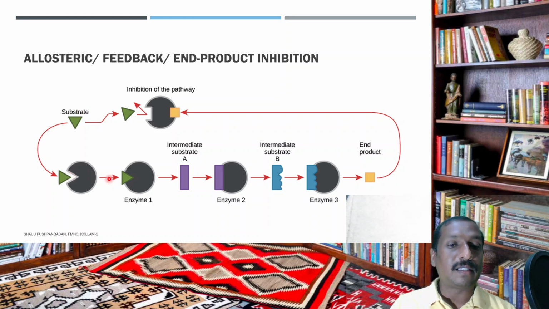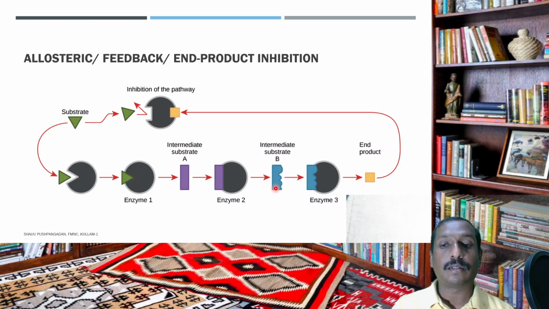Okay, so the enzyme-substrate complex will be forming. Enzyme 1, enzyme-substrate complex will be forming. Okay, this is the product. This is the product of the first reaction. Then it is received by the second enzyme, and this is the active site of the enzyme. The substrate will bind with the active site of the second enzyme, forming the